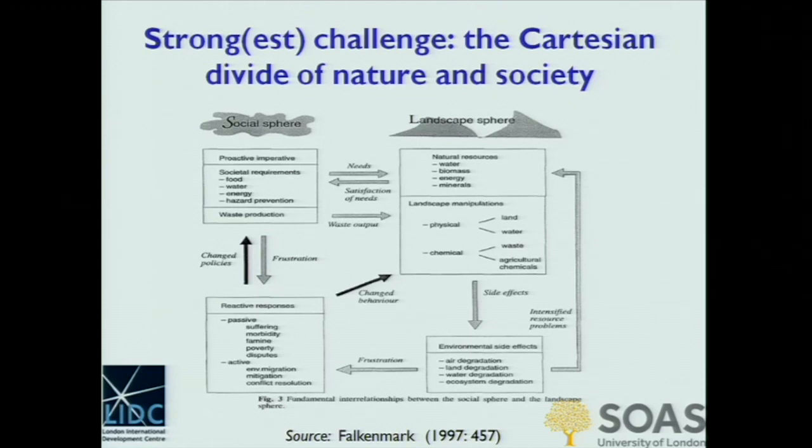And here's an example from a very famous water scholar. How do you recognize this? When someone draws a diagram with boxes, one box for nature and one box for society, and an arrow between them, then you can say: Cartesian divide. What's the problem with that? Since climate change, but actually much longer, we know that they are not separate objects.